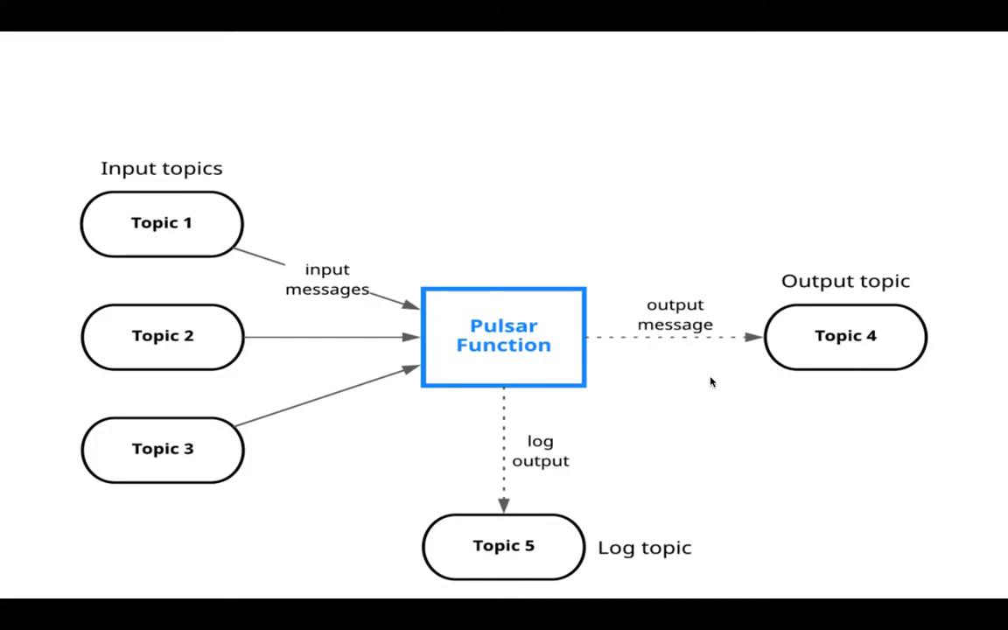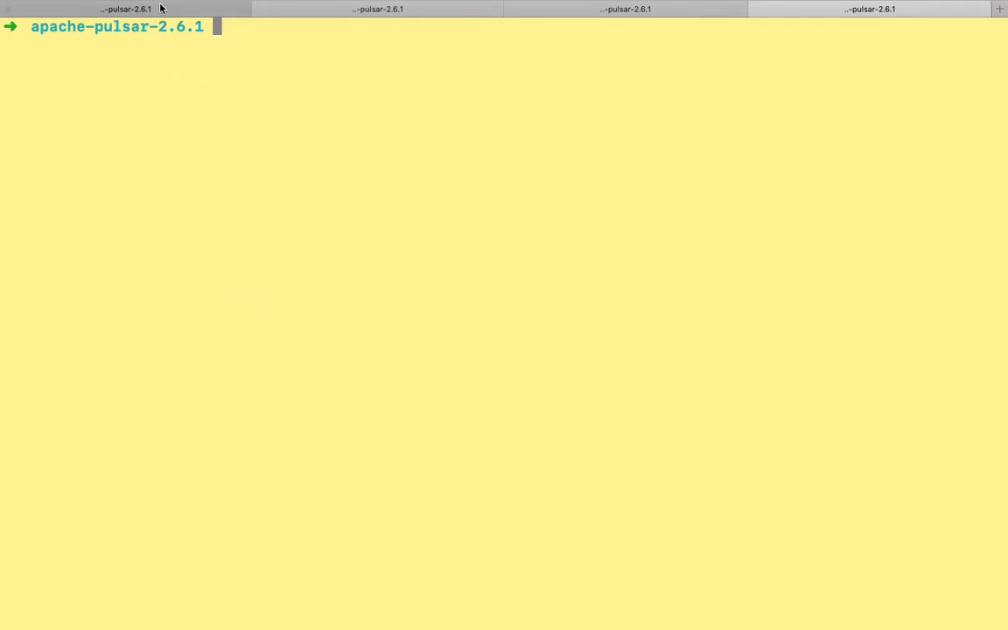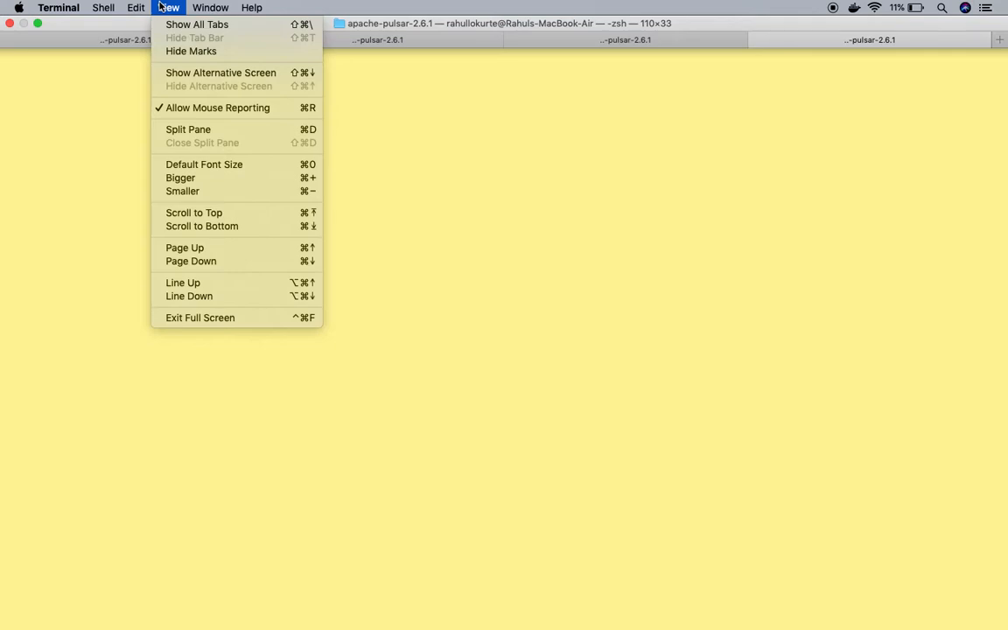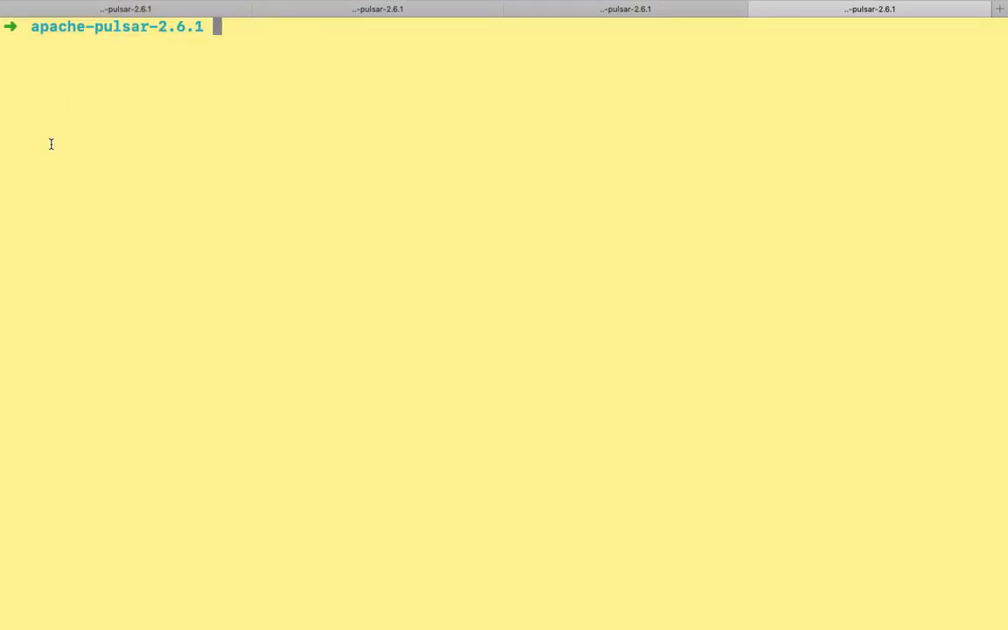So in this hands-on session, we will see an example of how to create Pulsar functions, and also how to deploy those Pulsar functions. So let us start the hands-on now. The prerequisite to run the Pulsar function is to have a standalone Pulsar cluster running. So you can download the